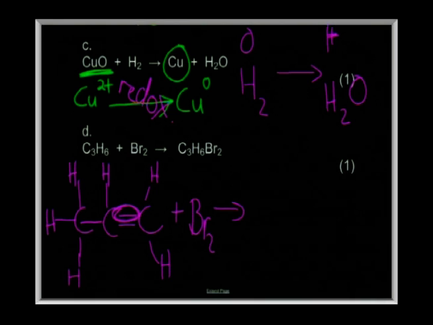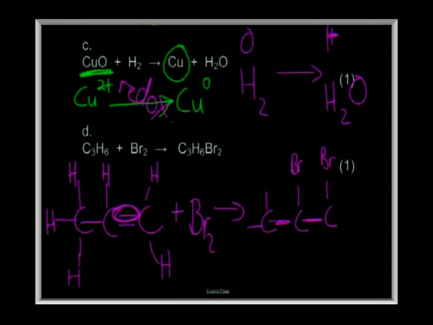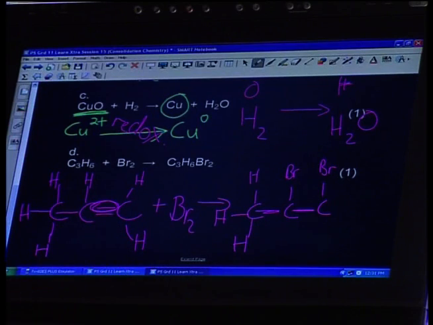So my end result will be my 3 carbon chain, a bromium on each of those carbons, but instead of the double bond, there's now only a single bond. So what has happened is that bromium has added to this compound. And this is something that you're going to learn quite a lot about next year, because